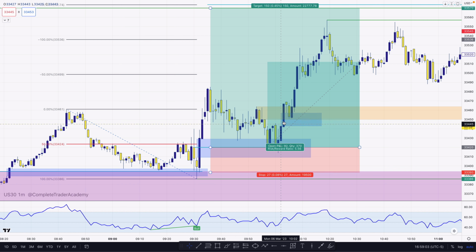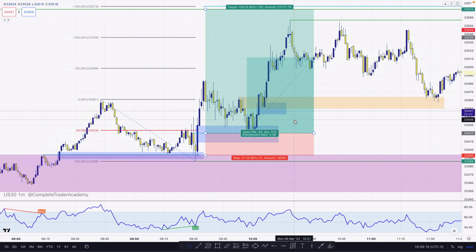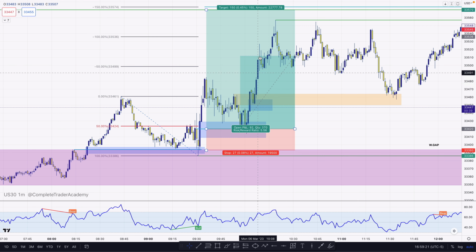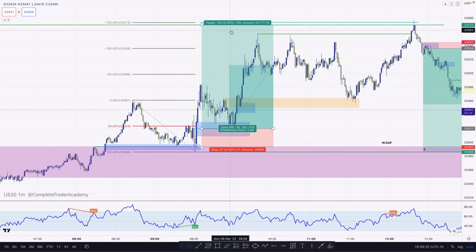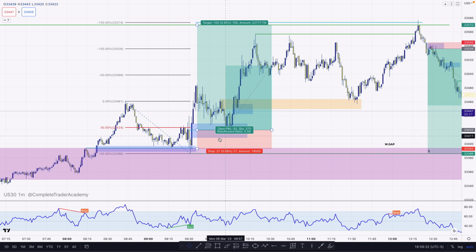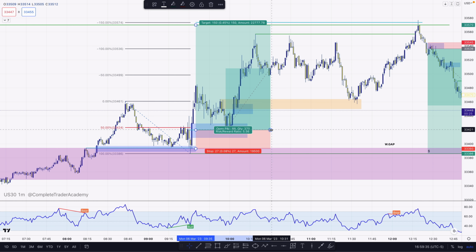Once it took off, you're a buyer already. You took off, and then you have another imbalance here. Price comes in under 50% of it, you could be a buyer automatically there. Okay. And then price takes off again, takes off again. Now, take a look at this. So we have, if you measure your standard deviations of your retracement,